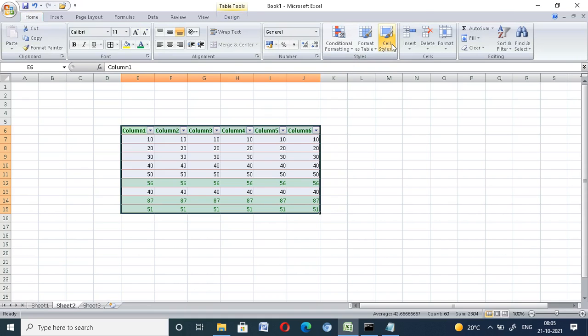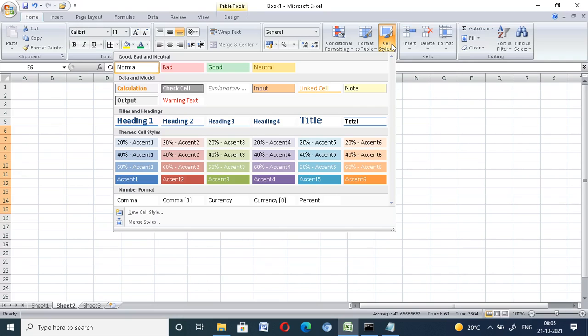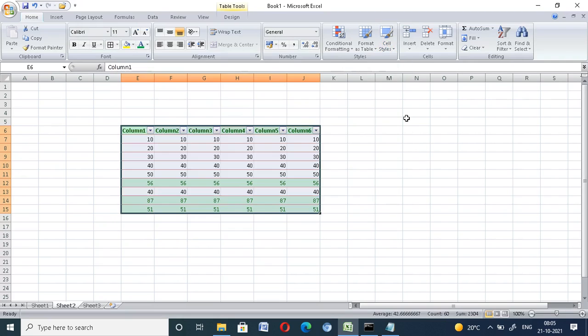In cell styles there are normal, bad, and so on. Select the cells and choose a cell style.